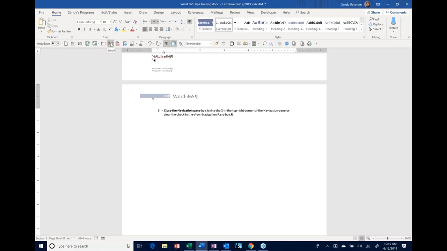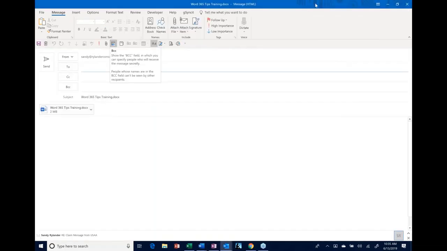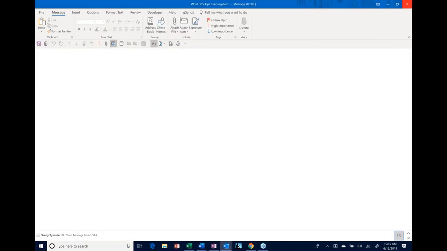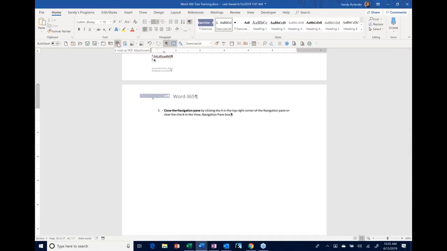Then this one I love. It's email. Instead of going to file, share, send to email, blah, blah, blah, I can just click on this and it will immediately put this as an attachment into my Outlook document ready for a name. Okay, and then the one to the right of that is the same, only it PDFs it first. It doesn't save it as a PDF. It puts it into the attachment as a PDF,